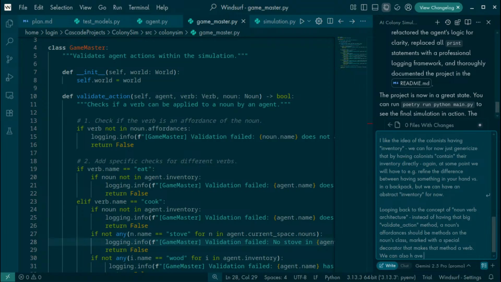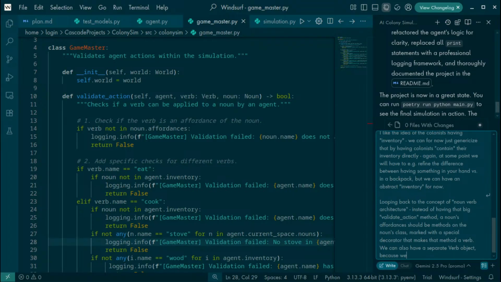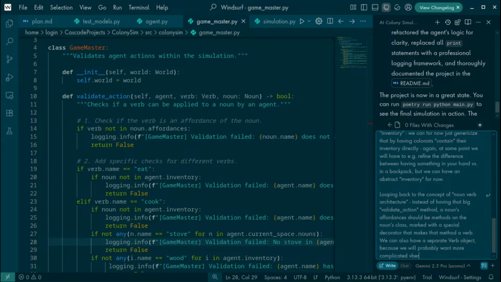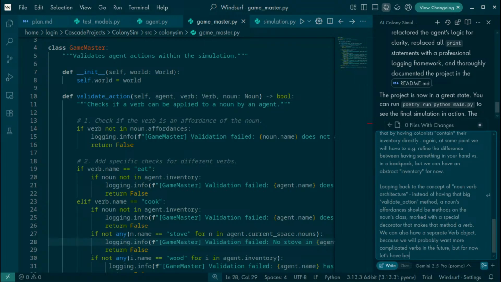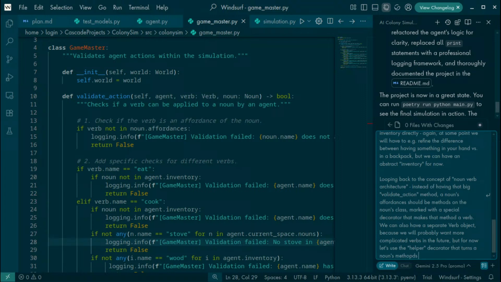We can also have a separate verb object because we will probably want more complicated verbs in the future, but for now let's use the helper decorator that turns a noun's method into a verb and affords it.